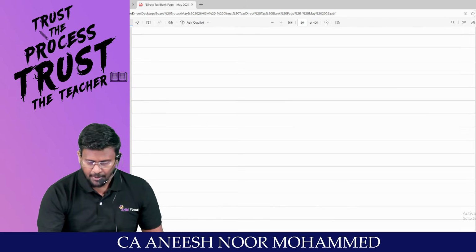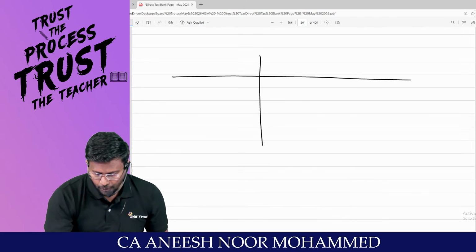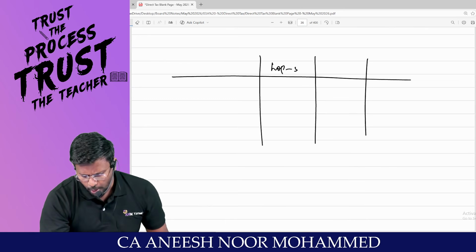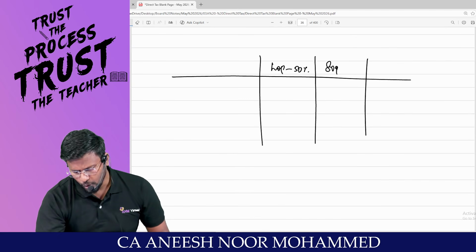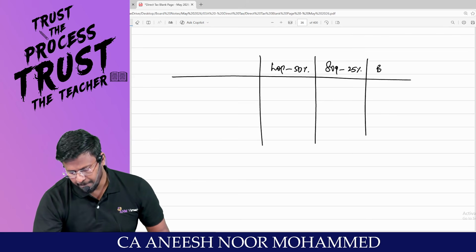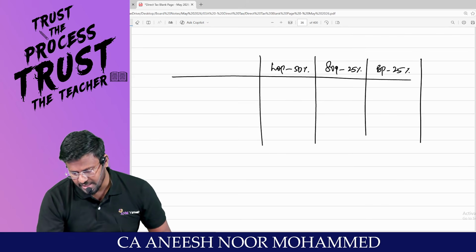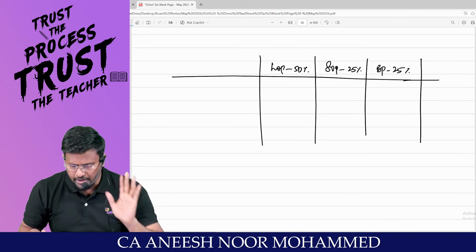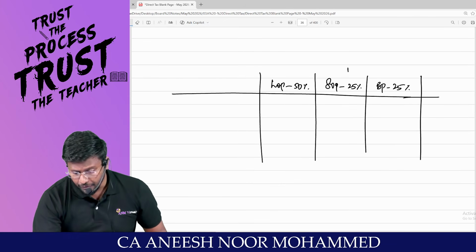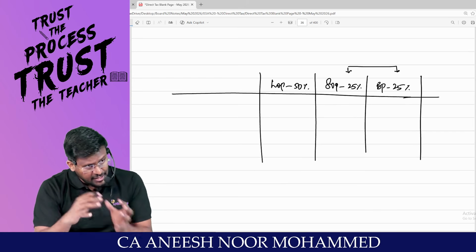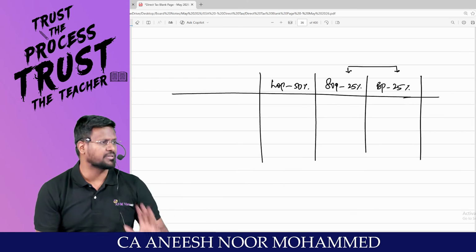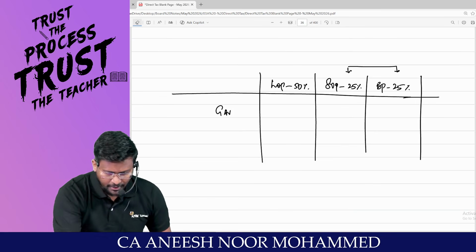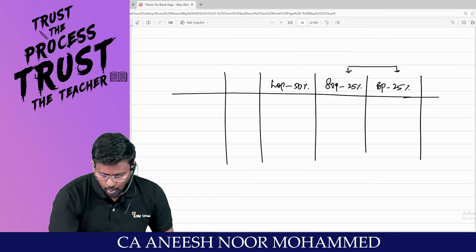Super, sir. That means for house property in the exam, if you put a table like this, it will be perfect. Let out portion 50%, self-occupied portion 25%, business portion 25%. My dear lovable students, out of 100% of the house, 50% is let out. Of the remaining 50%, half is self-occupied and the remaining half is used for business. Am I right? As we all know, gross annual value. So better to put a total column here.